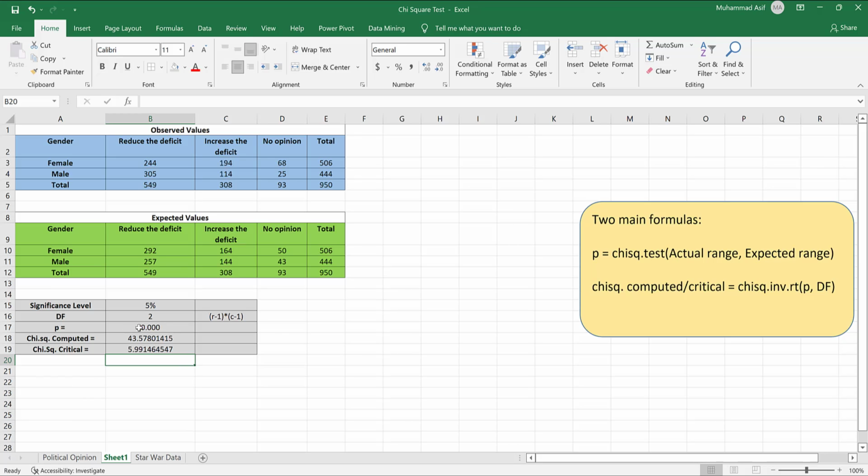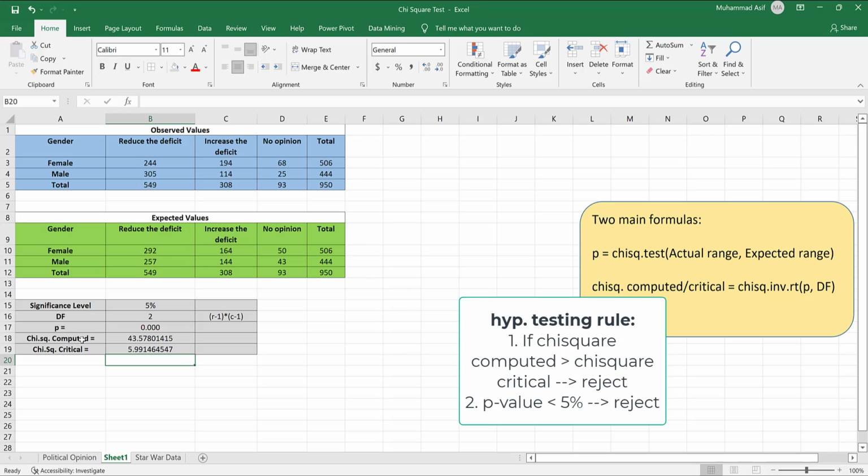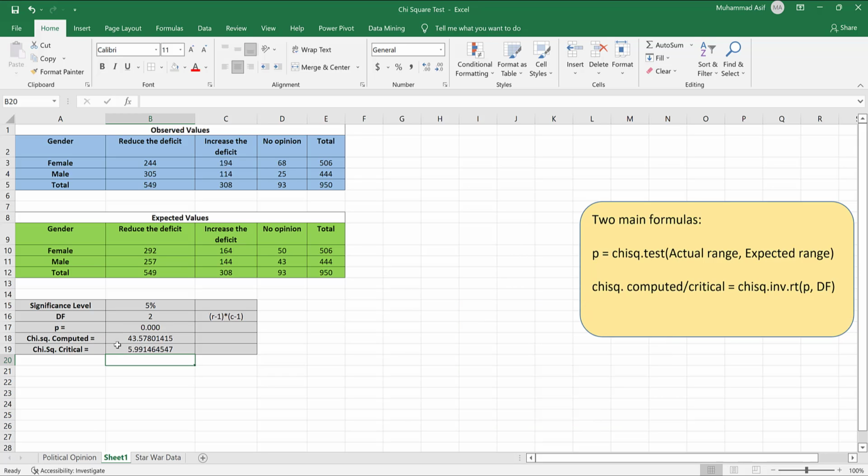Now the next thing is to interpret the results. As you can see here, there are two ways. First, we compare chi-square computed with the critical one. When chi-square computed is greater than the critical one, then we reject the null hypothesis. Or a more easier way, the more consistent way with what we have already done in the past, is that we just compare this one with the 5% probability value, because this value is lower than 5%, 0.05,